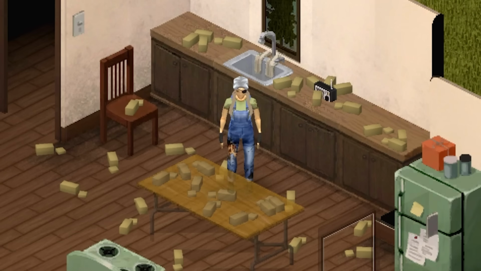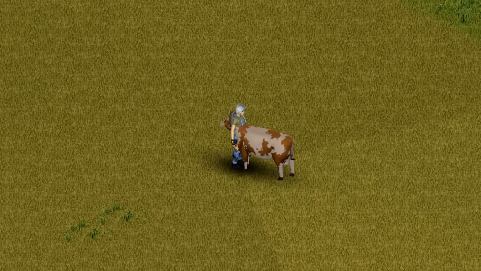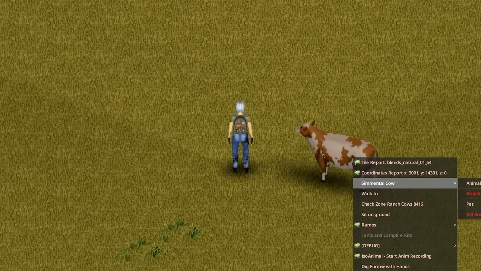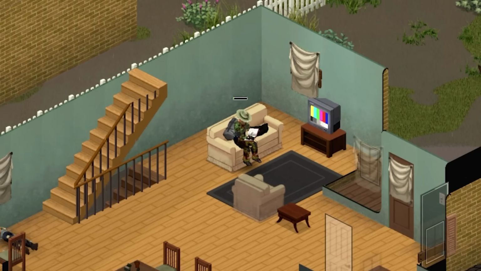If you were to decide to butcher your animals for cuts of meat instead, you'll now find that the nutritional gains for each cut of animal meat have been bumped up, and will hopefully be a bit more viable now. Now, moving over to take a look at some other skills, there have been several adjustments